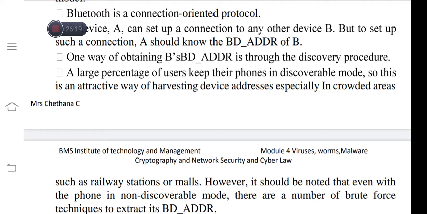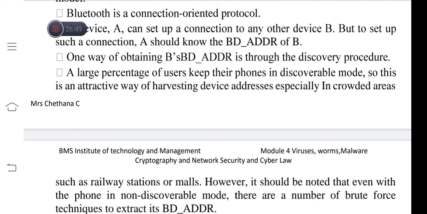One more point to remember here is that even if a few devices are not in discoverable mode, there are a number of brute force techniques to extract the Bluetooth device address. That is how an attacker will do the infection, injecting the infection into the other devices.